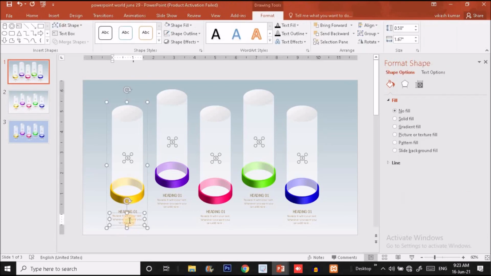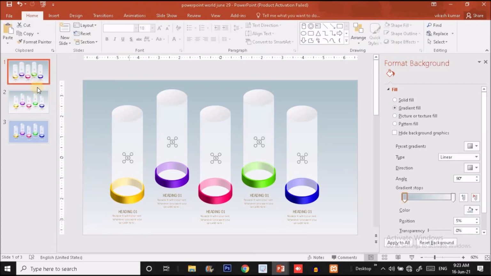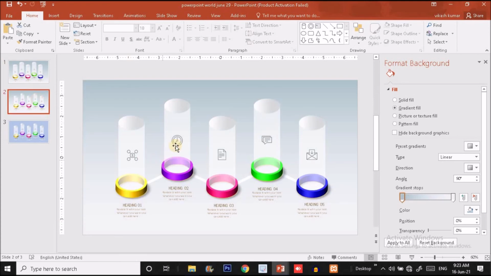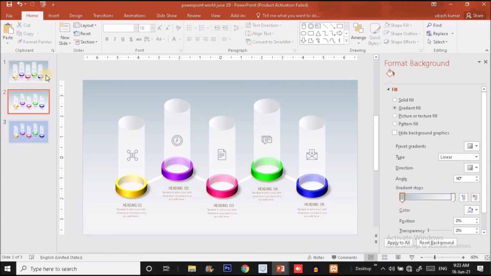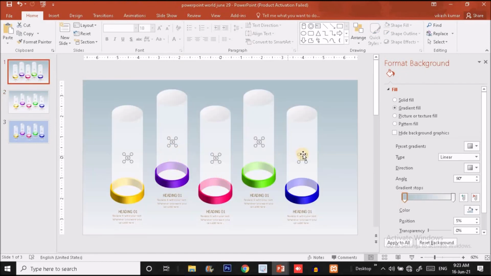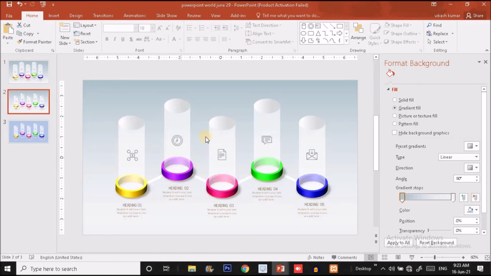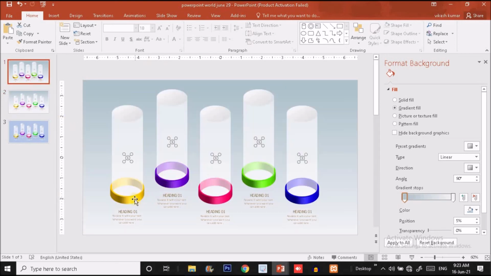So now it's time to add the different icons. These icons I have downloaded from flaticon.com. You can download them from there and use them in your project. For now, I'm not going to put the icons because it will take time and irritate you guys. I'm not going to do all the steps here because I have already done it in the previous slide. One thing you have to do is create this line effect and the shadow effect over there. So I'm going to do it fast.